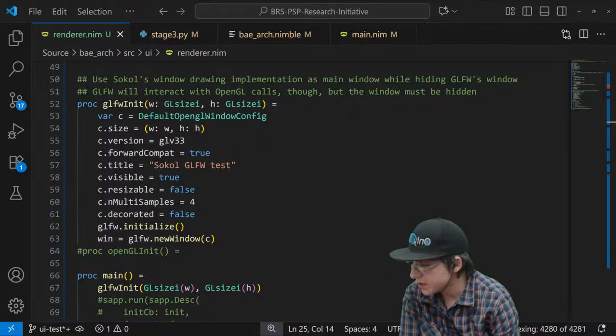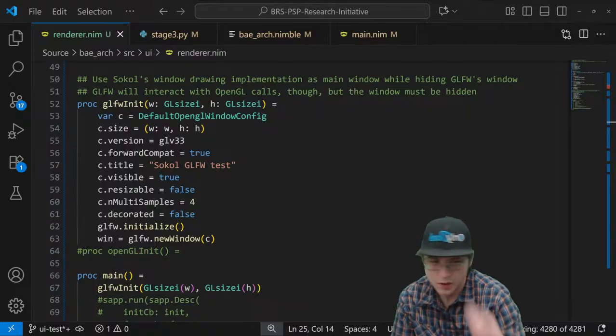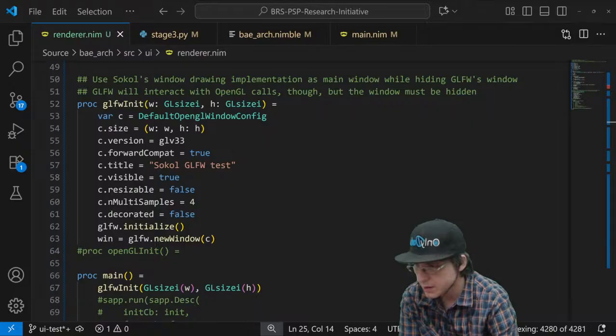So yeah, I don't need to worry about 3.4. I say the current GLFW version that's being used for these bindings should be fine. Let's see, examples.